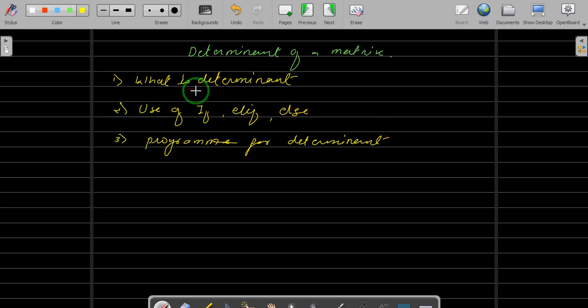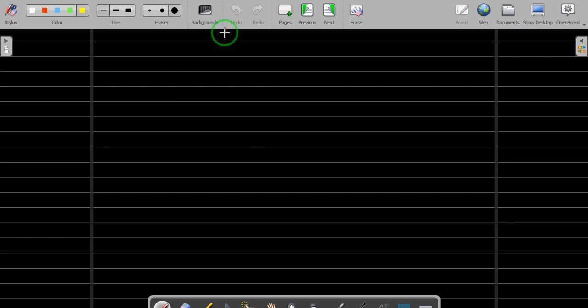Okay, so first of all let us see what is the determinant of a matrix and how we get it. Now for a 2 by 2 matrix, let us take this matrix, say A11, A12, A21 and A22. To get the determinant we will use the minors.